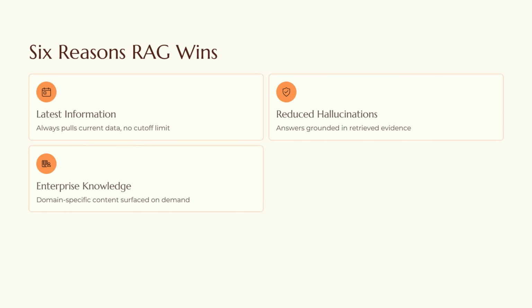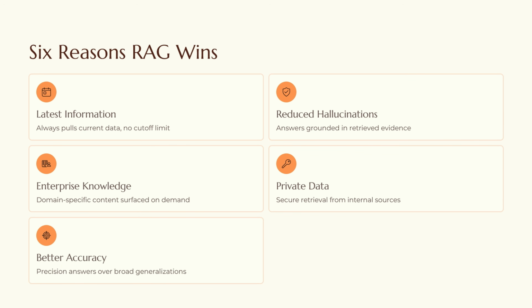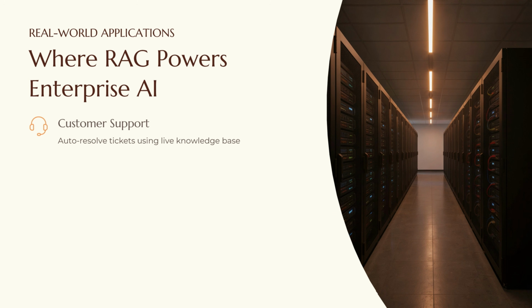Enterprise knowledge. Third, RAG makes it possible to connect an AI application with domain-specific knowledge. Private data. RAG can also retrieve information from internal or private sources, subject to the application's security and access controls. Better retrieval precision. And finally, depending on the use case, retrieving relevant information can be an alternative to modifying the model itself through fine-tuning. Real-world examples where RAG is widely used are customer support, enterprise search, healthcare and legal applications,